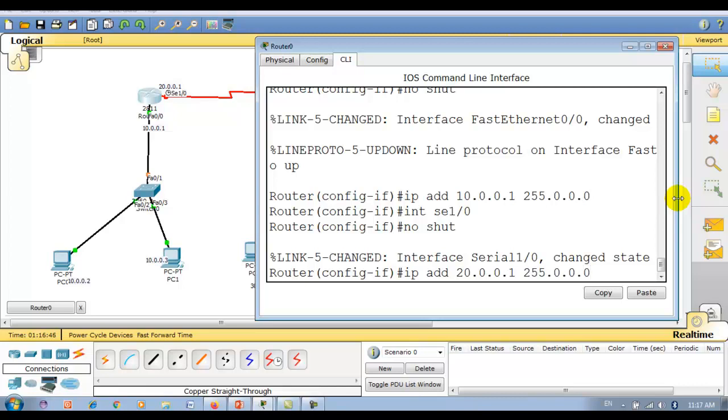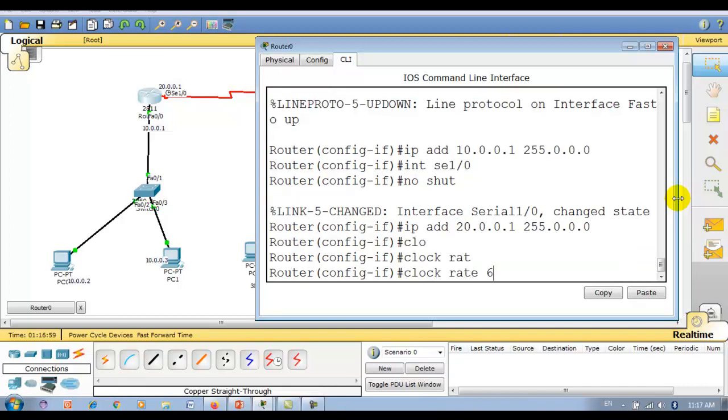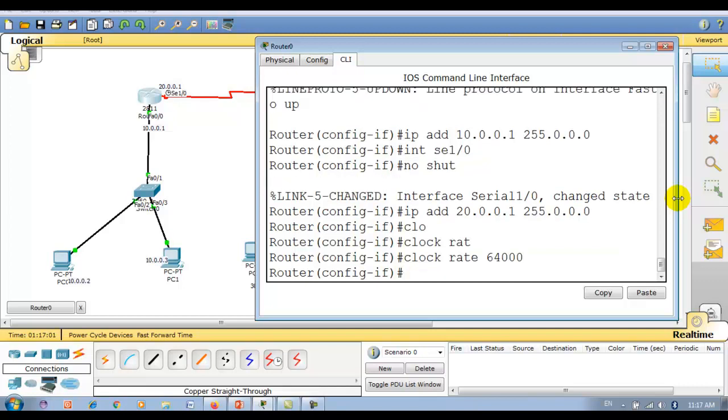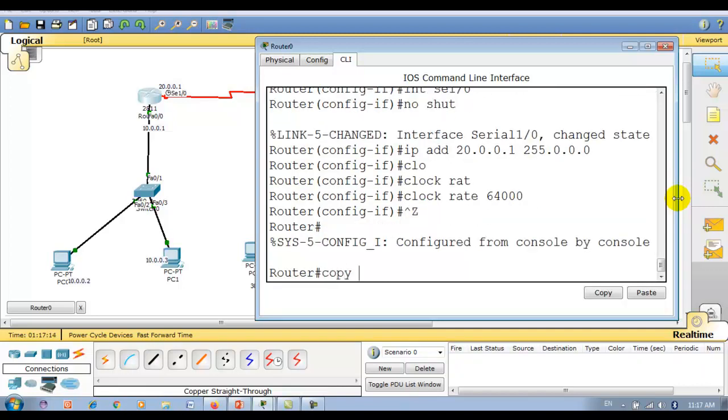Now you can see it becomes very easy if you have mentioned the IP addresses above and below the router. You can see the clock rate. I covered this in detail in my last video about clock rate, so you can watch it if you can't get this now. Let me save: copy run start.